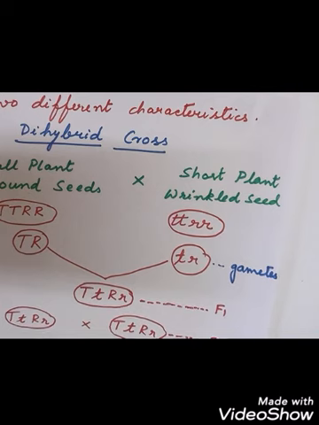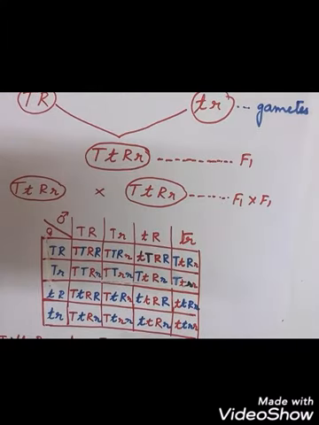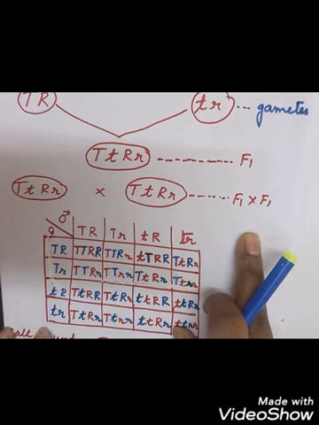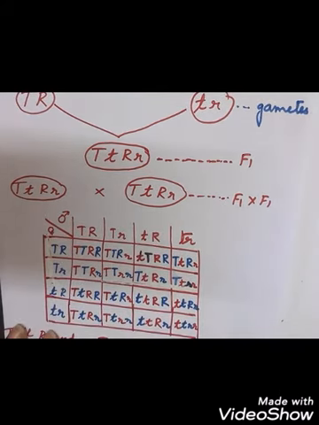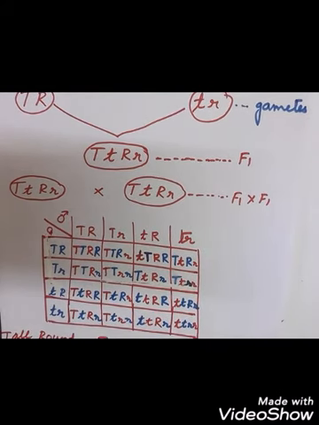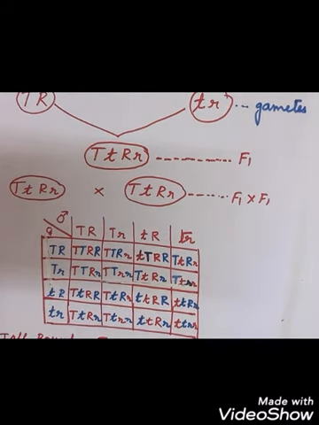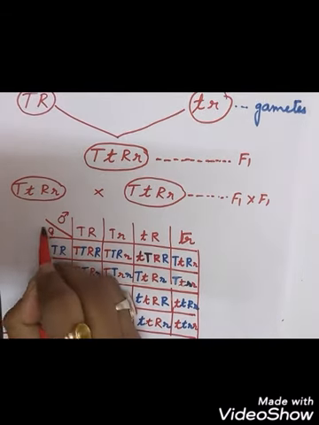So what is the next stage? F1 into F1. That means we have to make a cross between F1 and F1. Now if we want to plot this as an arrow diagram, it will be difficult. So I have plotted it in a box type drawing, that is called what? Punnett square, or it is also called a checkerboard. So I have tried to draw it like this. You complete this box also.